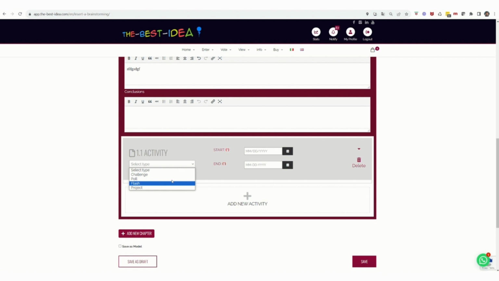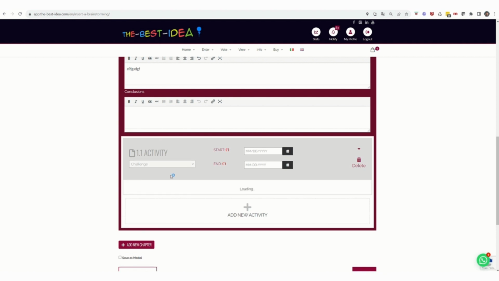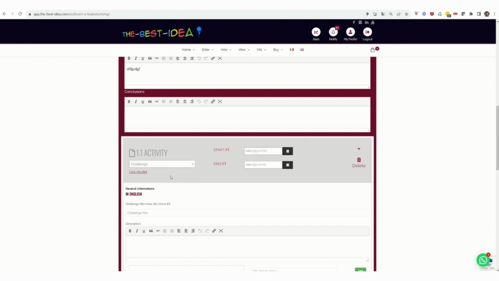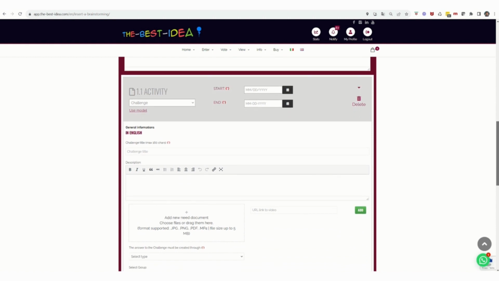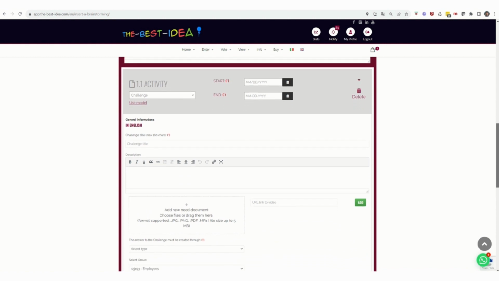In this example, I choose challenge, which is the main function because it allows you to ask a question that others can answer with a complete project, or with a flash, or even with various components of a business plan if you so specify. You can enter the start and end dates for this activity, although they do not need